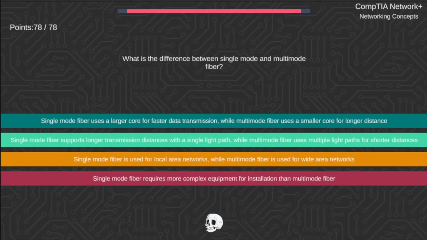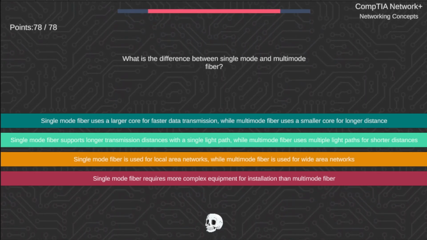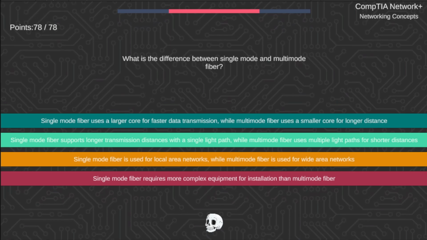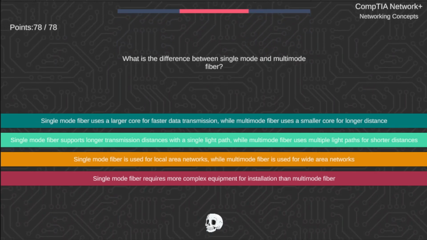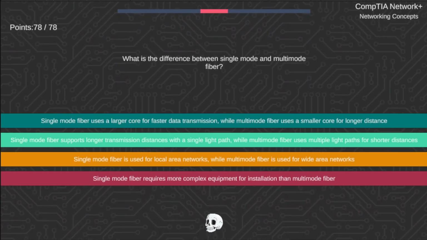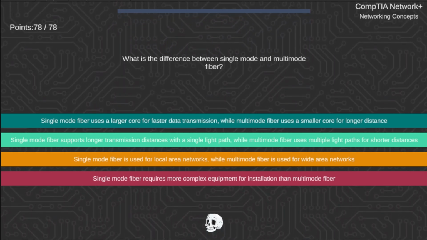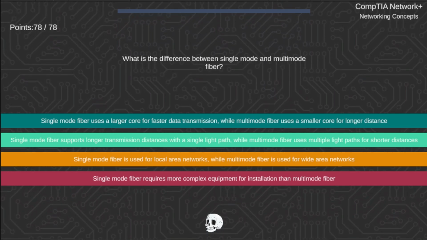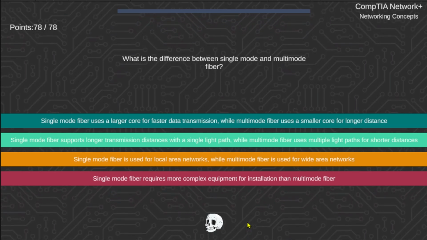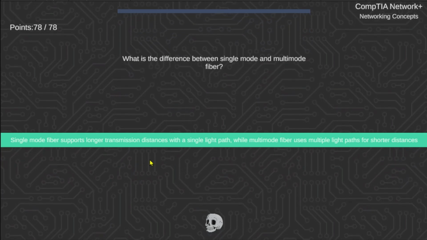What is the difference between single-mode and multi-mode fiber? Single-mode fiber uses a larger core for faster data transmission, while multi-mode fiber uses a smaller core for longer distance. Single-mode fiber supports longer transmission distances with a single light path, while multi-mode fiber uses multiple light paths for shorter distances. Single-mode fiber is used for local area networks, while multi-mode fiber is used for wide area networks. Or single-mode fiber requires more complex equipment for installation than multi-mode fiber. The difference between single-mode and multi-mode fiber. Correct answer is single-mode fiber supports longer transmission distances with a single light path, while multi-mode fiber uses multiple light